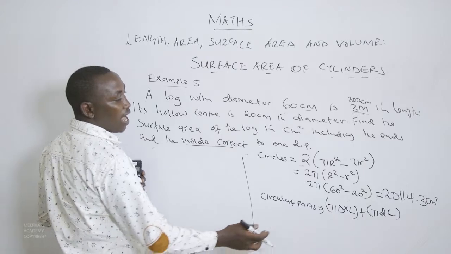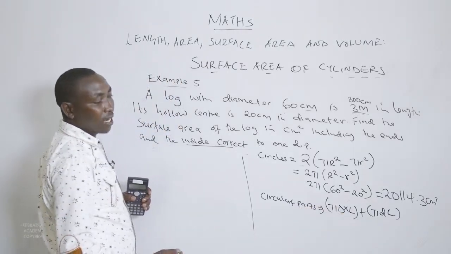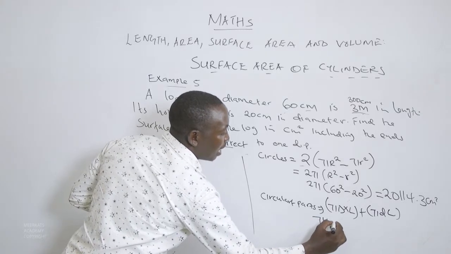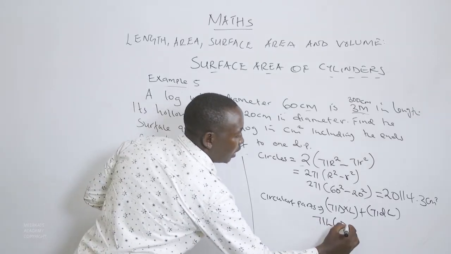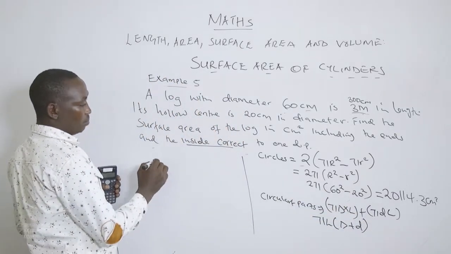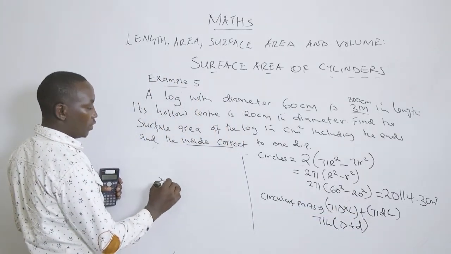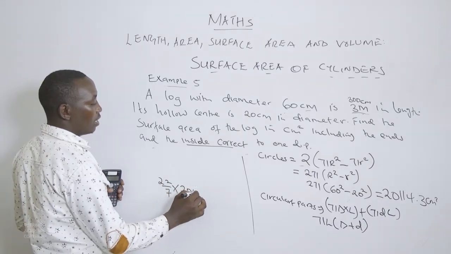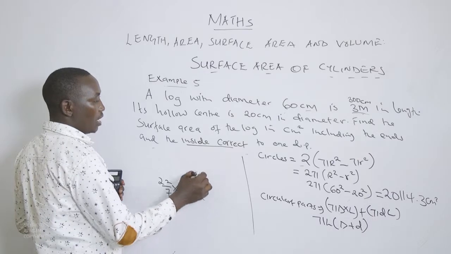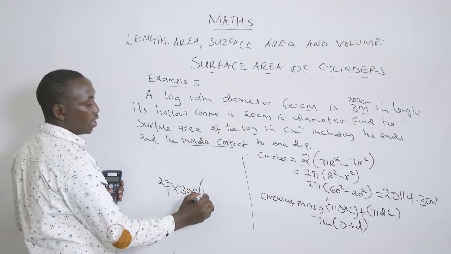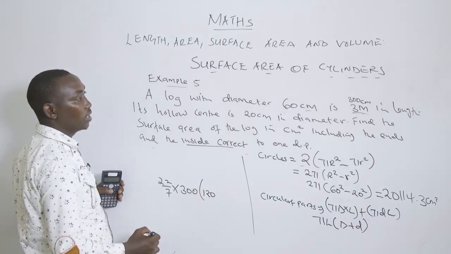Now because we have pi and L which are common, they can be factored out, so that we have pi L into d plus d. That shall give us 22/7 multiplied by the length, which is 300, into the bigger diameter, which will be 120 because the radius was